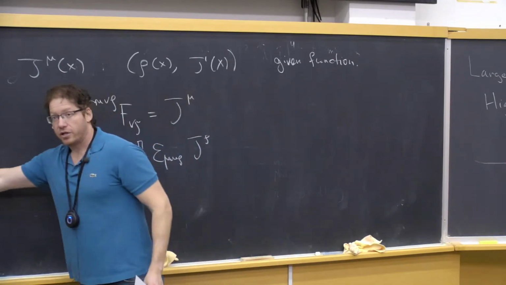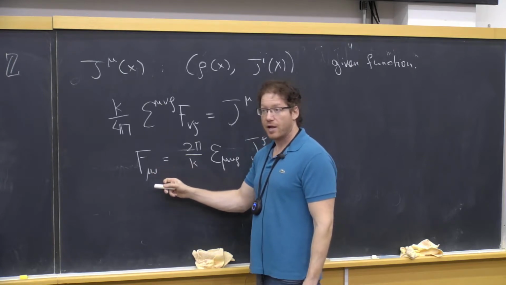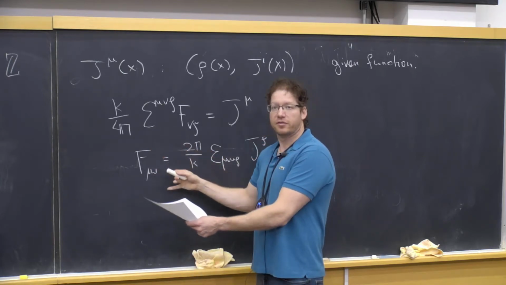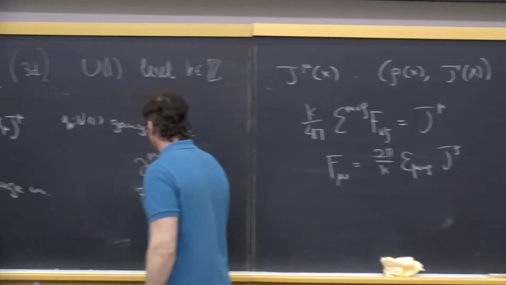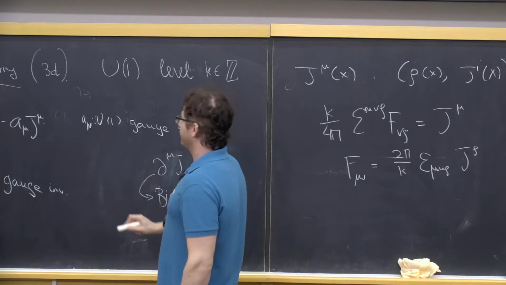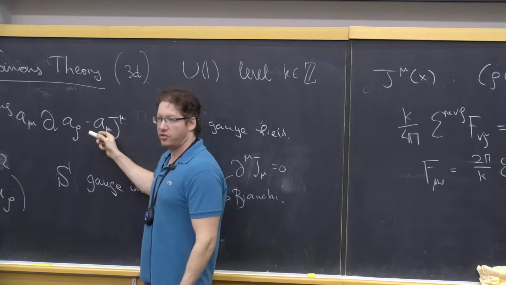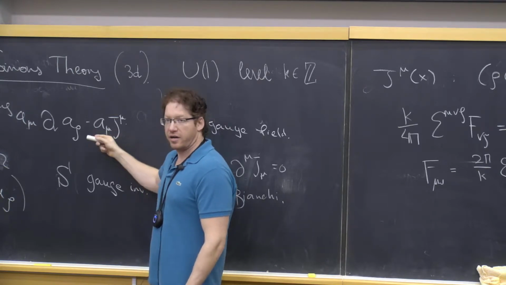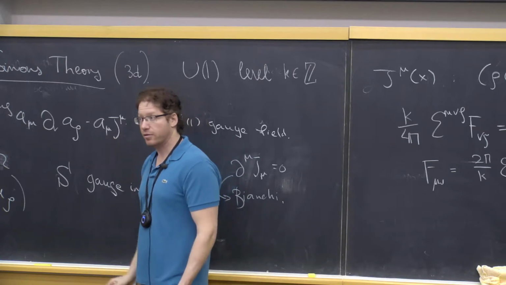So this equation is tantamount to the Bianchi identity. So this whole system of equations is inconsistent unless the current is conserved. So this gets retranslated to the Bianchi identity. And in fact, you could see it already here in the Lagrangian. This would not be gauge invariant unless the current satisfied the continuity equation, the conservation equation, okay?